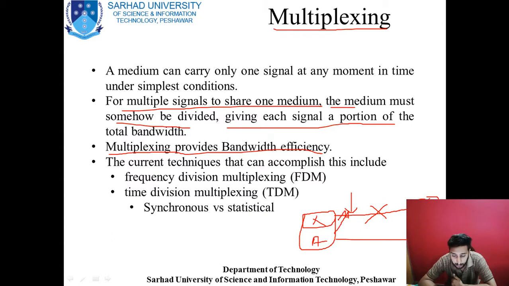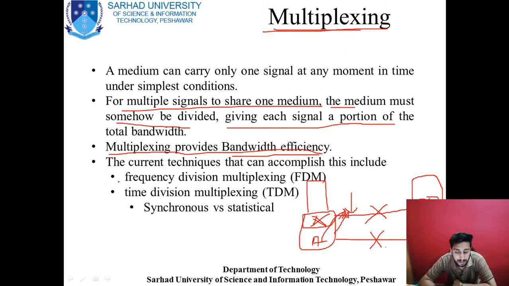And the benefit of that is, if in future X is not transmitting any data, A will be able to transmit more data on that medium at the same time, and A will be getting much higher speed and less delay. Because of that, you have achieved bandwidth efficiency or resource efficiency. You have reduced the amount of resources required from 2 to 1. Now imagine that there are 100 users on the sender side and 200 users on the receiving end. Just imagine how much bandwidth or resources you can save using this multiplexing technique.